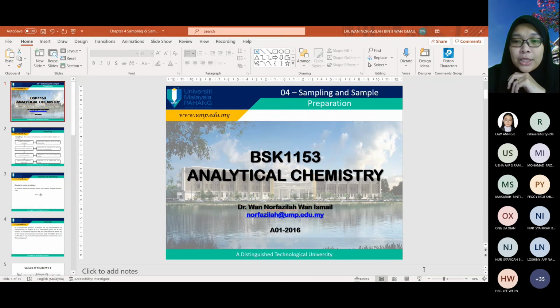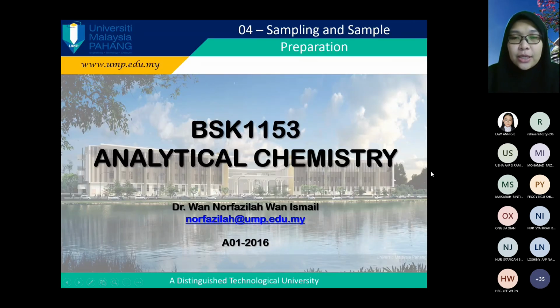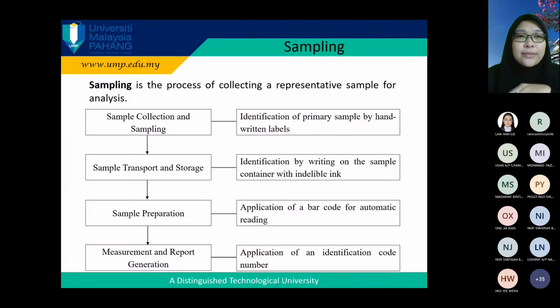Chapter 4 is on sampling and sample preparation. Sampling is the process of collecting a representative sample for analysis. The steps in sampling are divided into 4. The first one is sample collection and sampling. You identify the primary sample and label the sample by handwriting. And then from the site where you do the sample collection, you need to